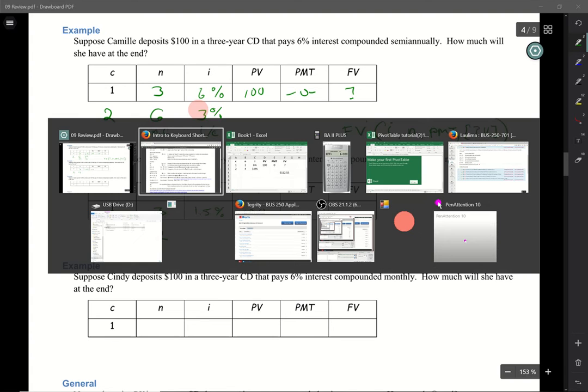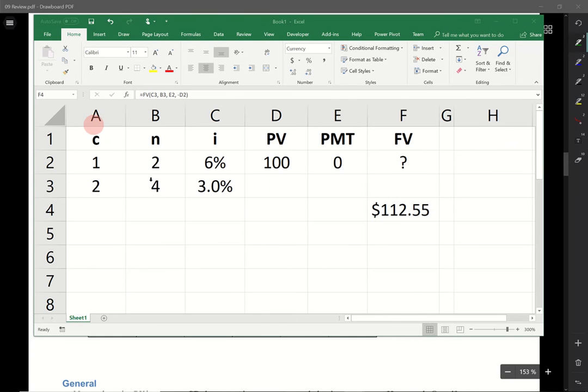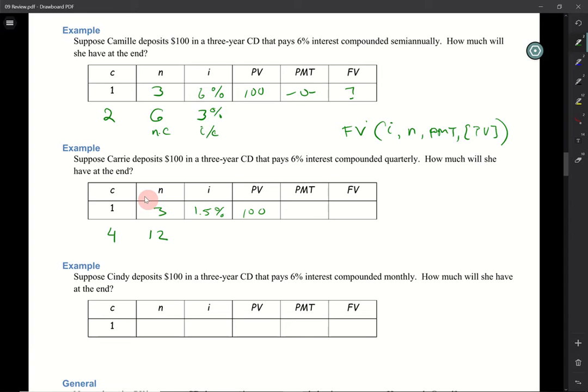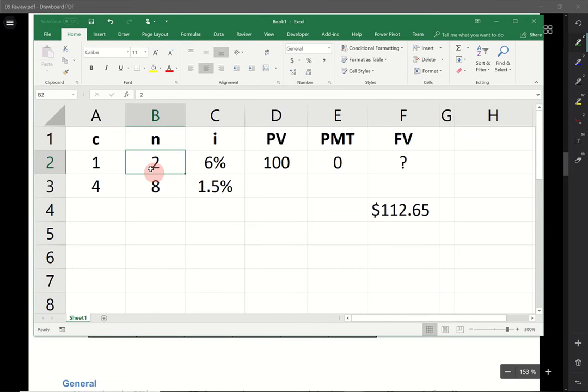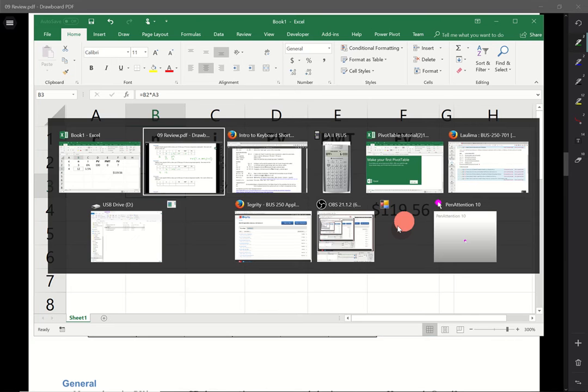So in Excel, we could change this to quarterly compounding. And actually, since we built the formula correctly, all we had to do is update. Wait. Is it 3 years? Oh, sorry, it's 3 years. Oh, yeah, I didn't update. So sorry, let me put that to 3. And so now we're getting the 12, getting the 1.5%, and we're getting this